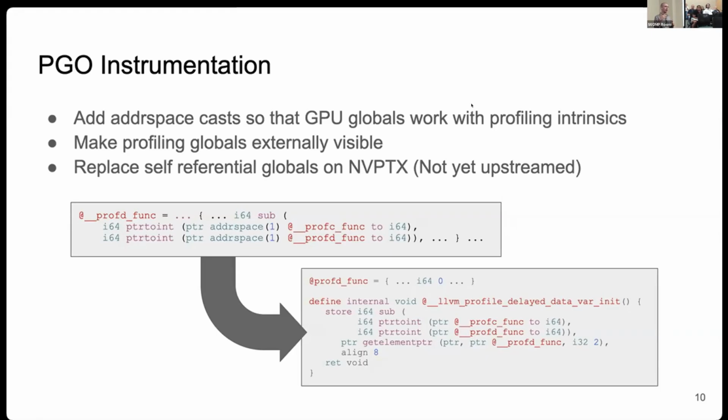And the reason they weren't working on NVIDIA in the first place was because the profiling globals are basically these structs that have lots of fields, some of which reference the global they're a part of. And that's not allowed on NVPTX targets. So what we had to do is we needed to delay the initialization of those fields specifically into this function